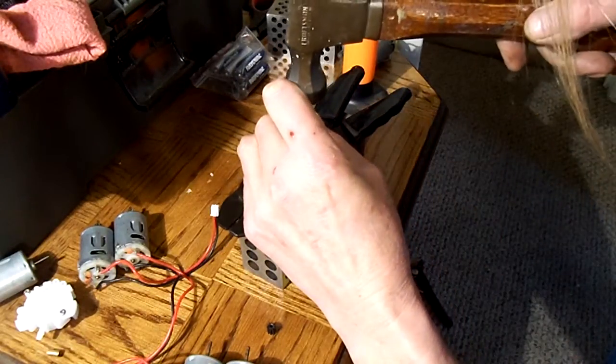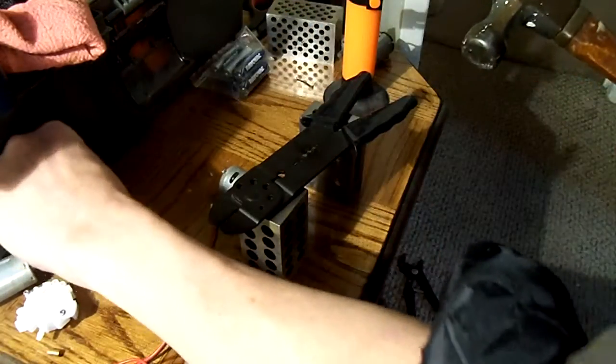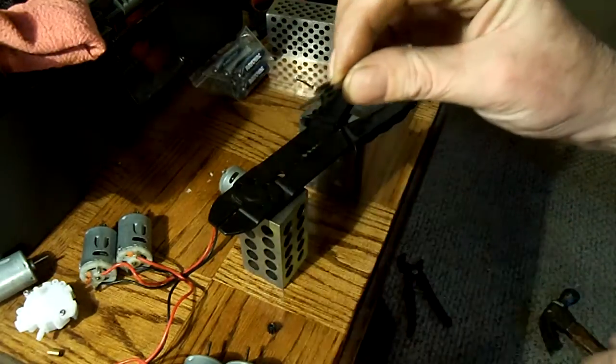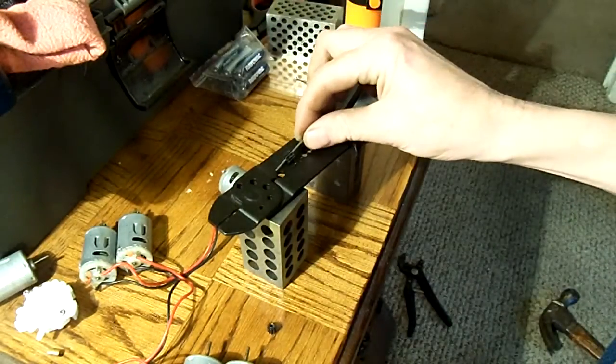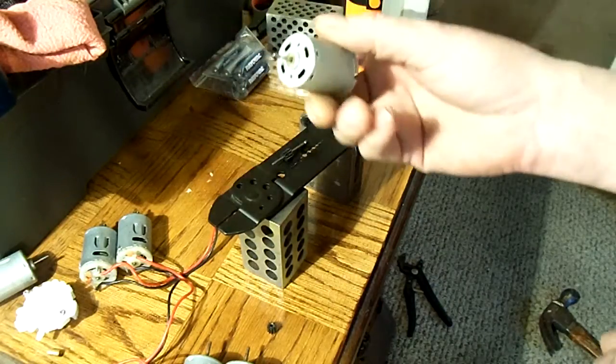I'm just using a regular nail. They'll just pop right down through there. They are hot, boys. Don't grab it with your fingers, okay? That gets them off, no problem. For putting a new pinion on,